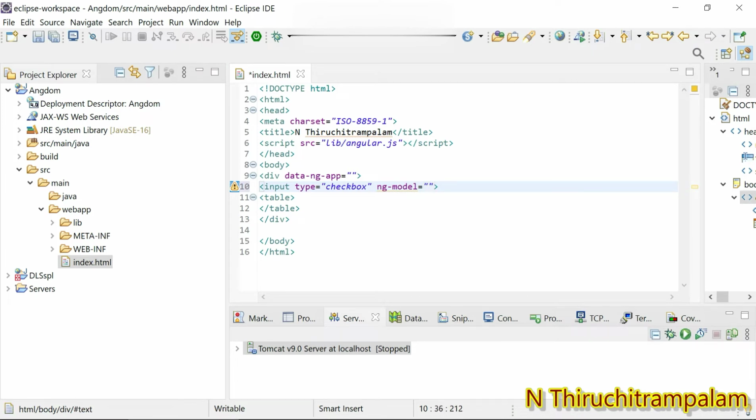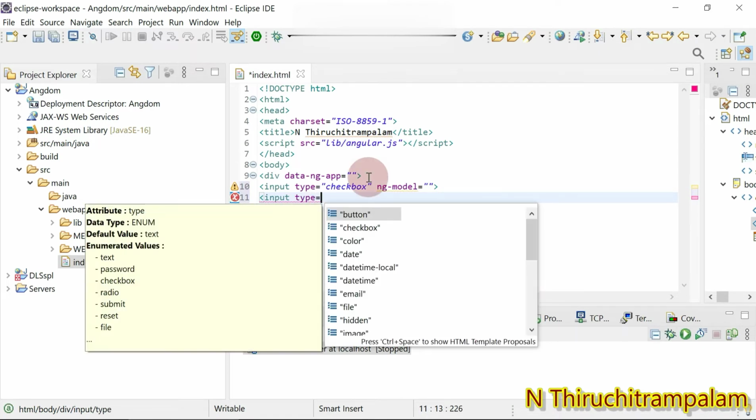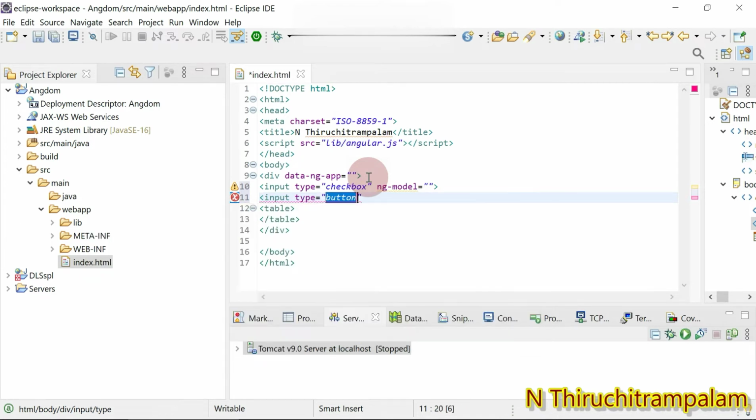We have yet to define the model. Then input type equal, here it shows button, right? So I select it.